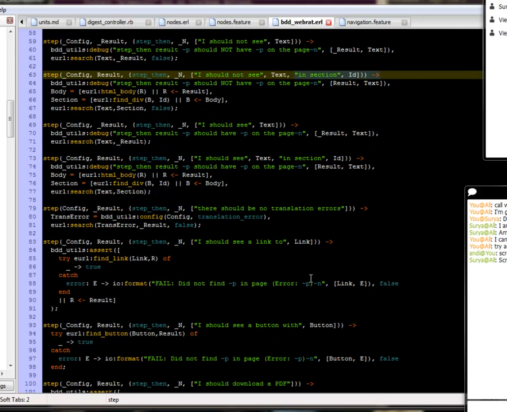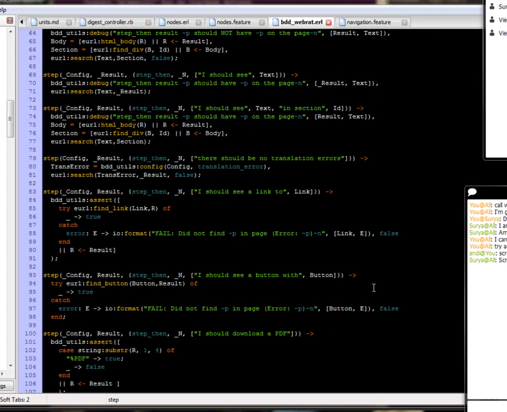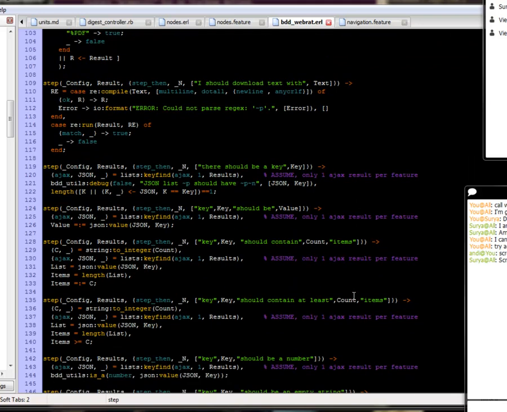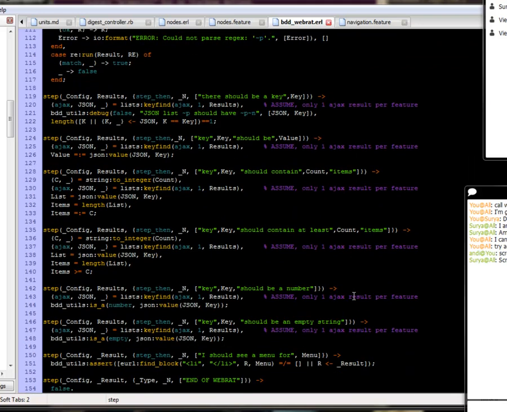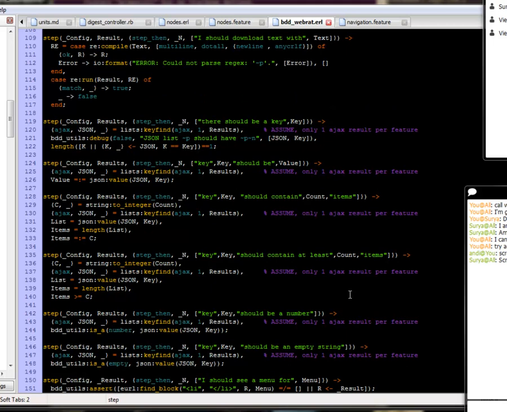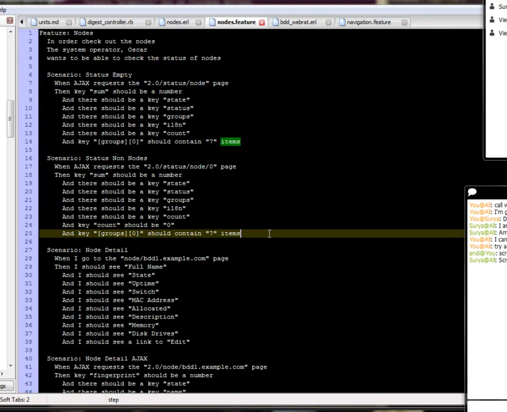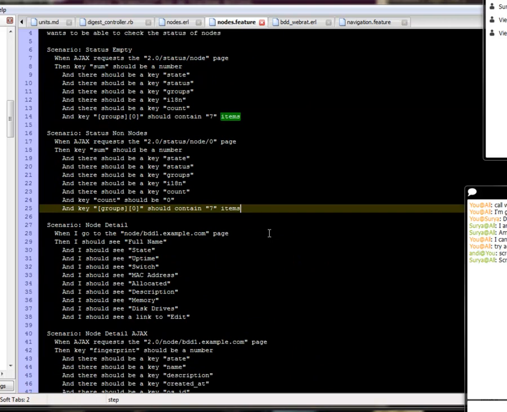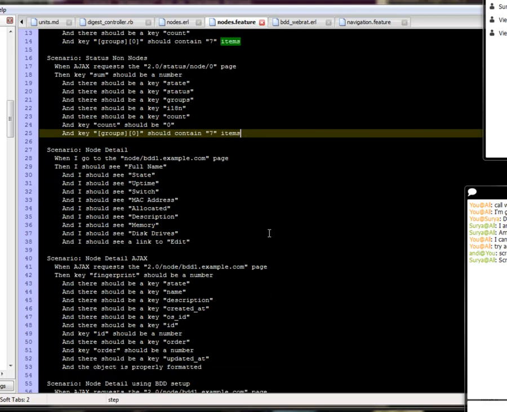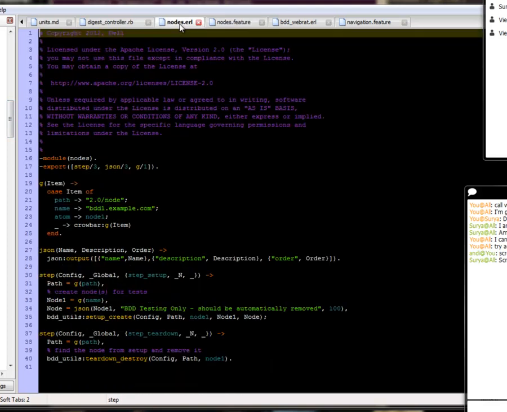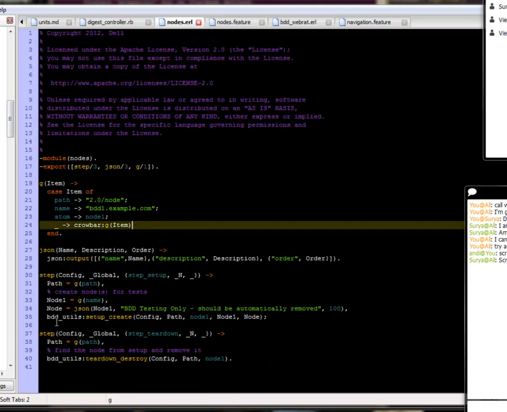And these things evolve over time, and some of them can become pretty sophisticated, right? I should see a button with this text on it. I should see downloaded text. There's all sorts of things. This file grows over time. However, it's intended to be a general purpose library. And so it's very easy to imagine a case where you do something specific to a node that is not something that you want to be common. And so for those, you would put them as steps in the